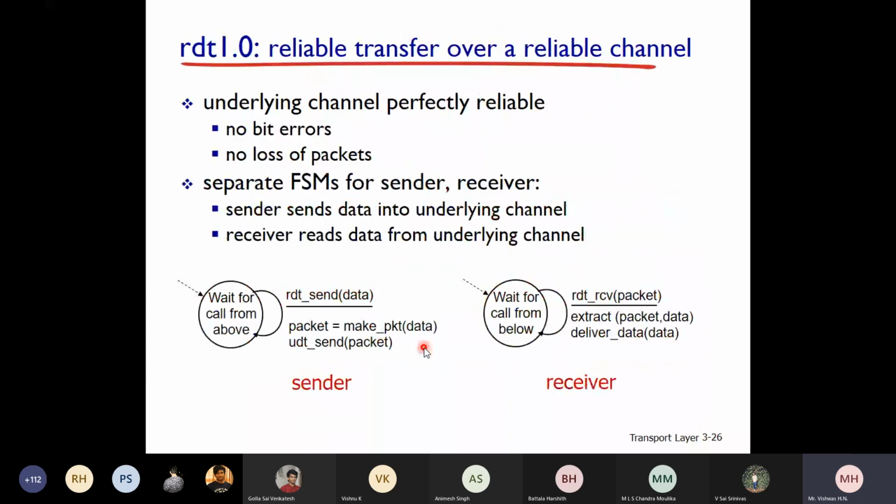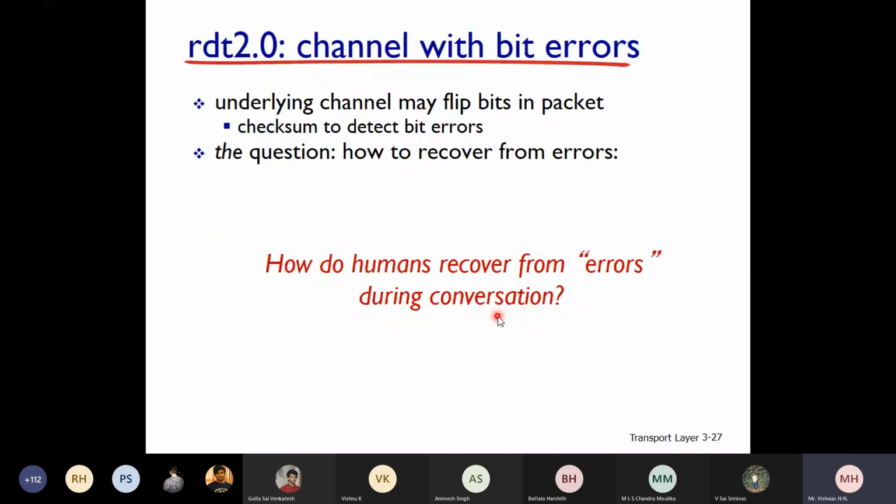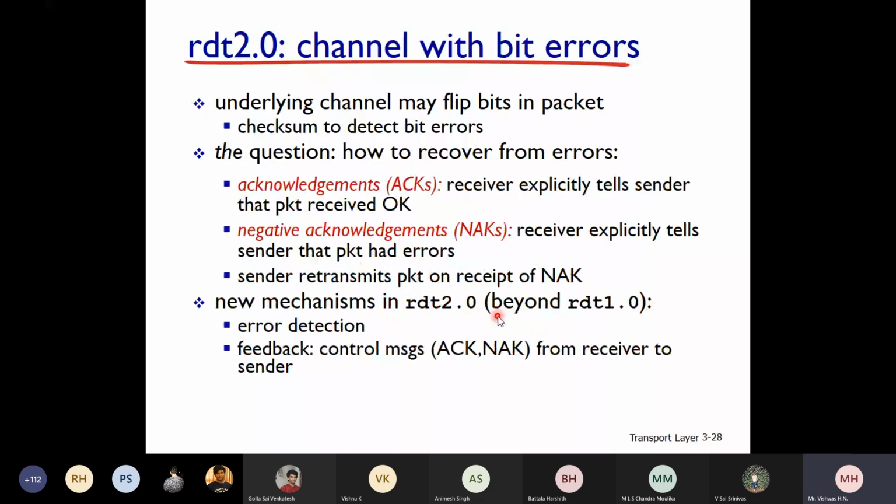Here, the sender sends and the receiver receives, that's all. There is no other communication between sender and receiver. Here the sender sends and waits for the acknowledgement or negative acknowledgement. Is that clear? The receiver, upon receiving, has a task beyond just receiving. It has to send an acknowledgement or negative acknowledgement. Okay, so let us see how it is sent.